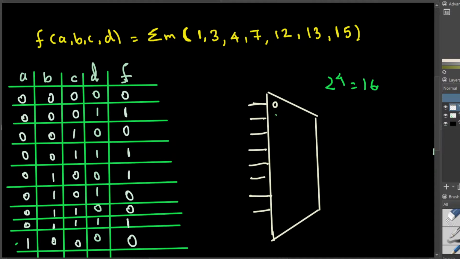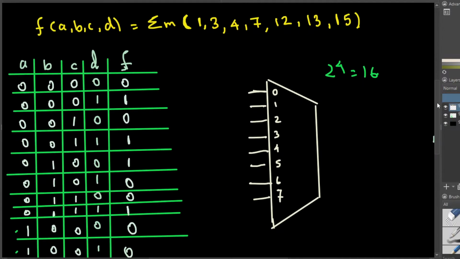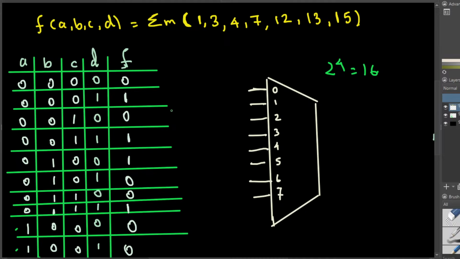The locations are 0, 1, 2, 3, 4, 5, 6, 7. For the 8 by 1, the control signals are going to be ABC,